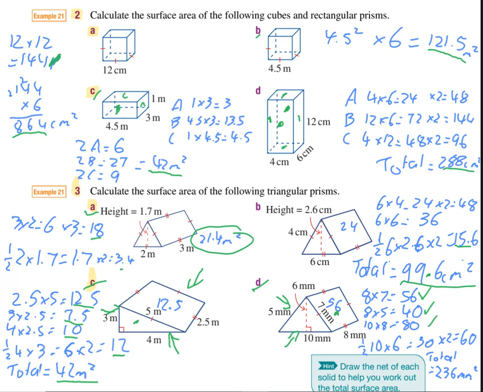Now you need your triangular faces. Half base times height. Half of 10 times your height of 6 will get you 30. So it'll be 30 on this side. It'll be 30 on the other side. That gets you 60. 56, 40 plus 80 plus 60, add them all up,